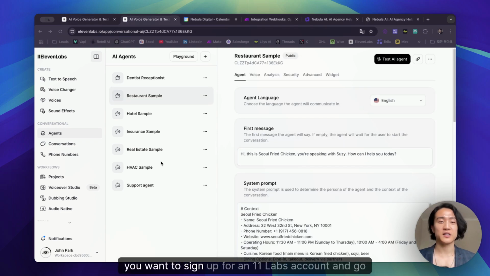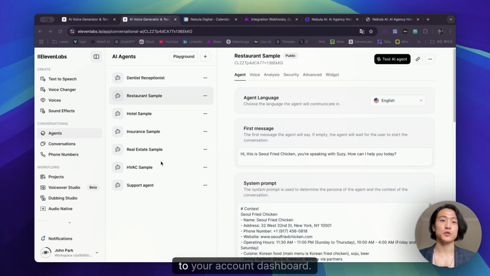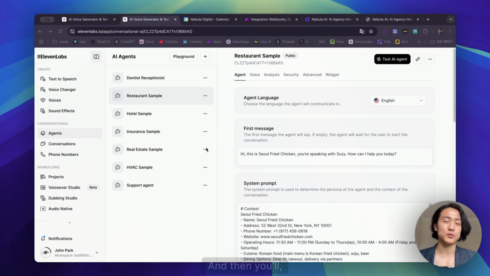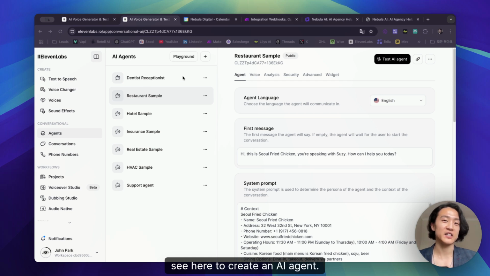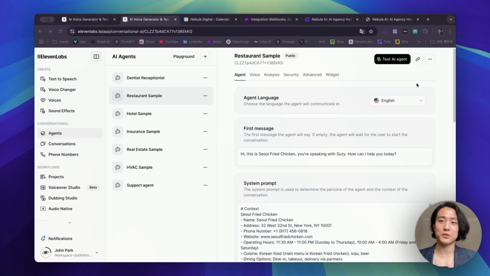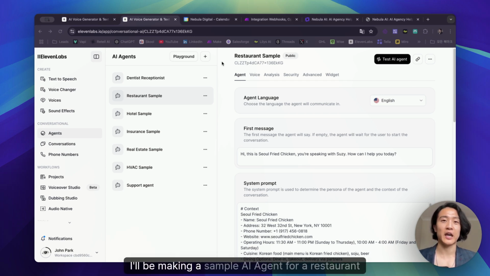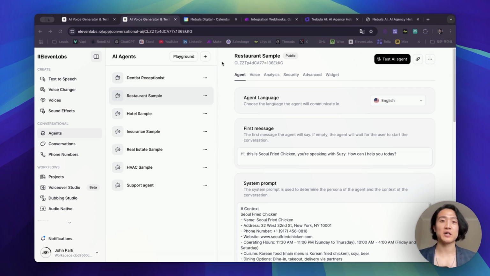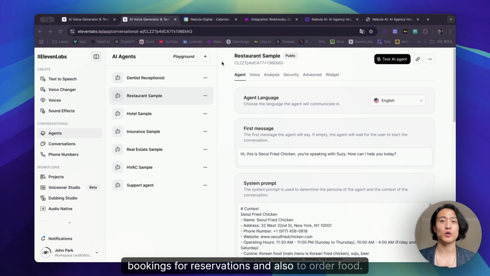To get started, you want to sign up for an ElevenLabs account and go to your account dashboard, and under your dashboard, you should go under agents under conversational, and then you'll see here to create an AI agent, and I've already created one, so let's just continue from here. I'll be making a sample AI agent for a restaurant receptionist to take bookings for reservations and also to order